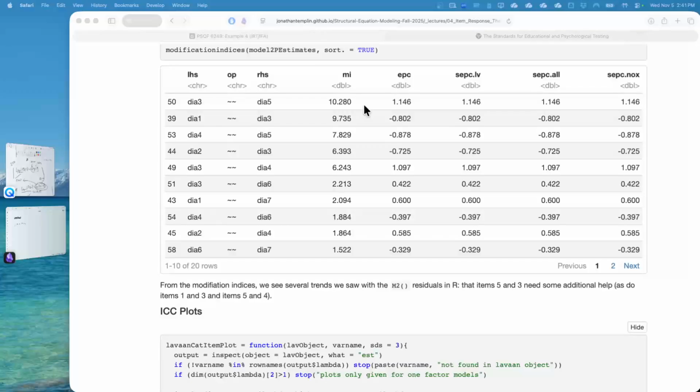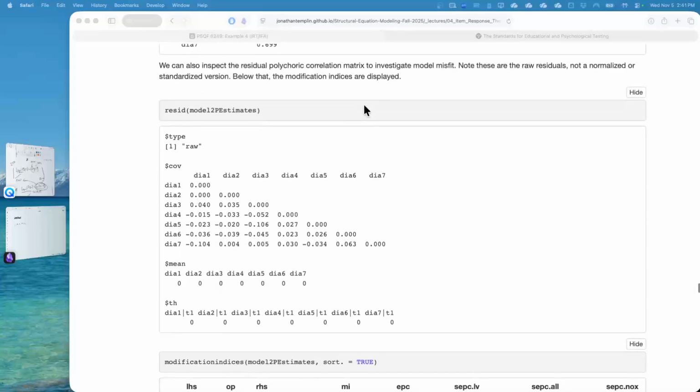And really, the hard part is disentangling where the misfit is. We've got 3 and 5, 1 and 3. Okay, so 3 is common to both of those. But then 4 and 5, which are common to both. So I'm trying to think of where we'd put another factor, almost like making a closed loop, so to speak. Yes. So here again, 3 and 5, 1 and 3. And these are in different dimensions, like we overestimate versus underestimate each of these. So it's really hard off of this to tell where that would go.